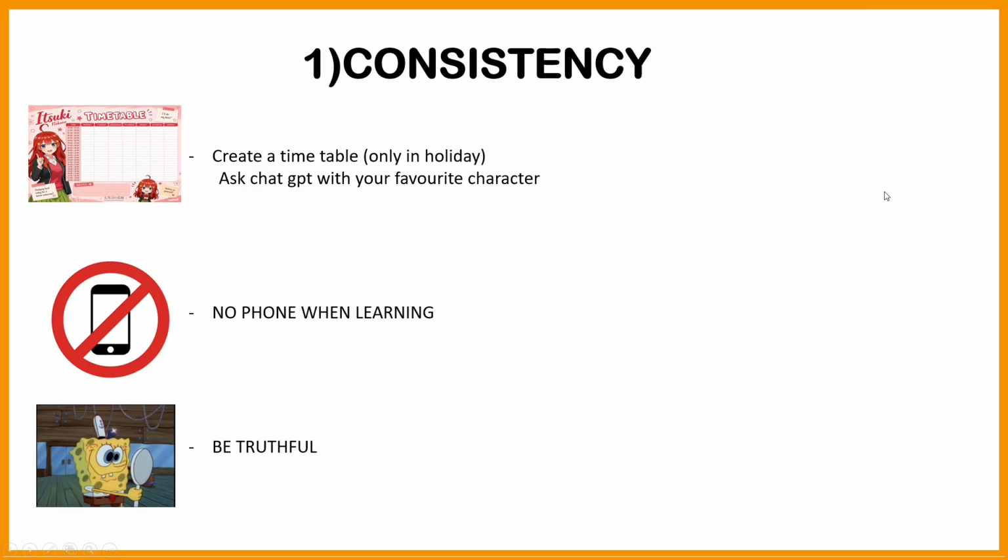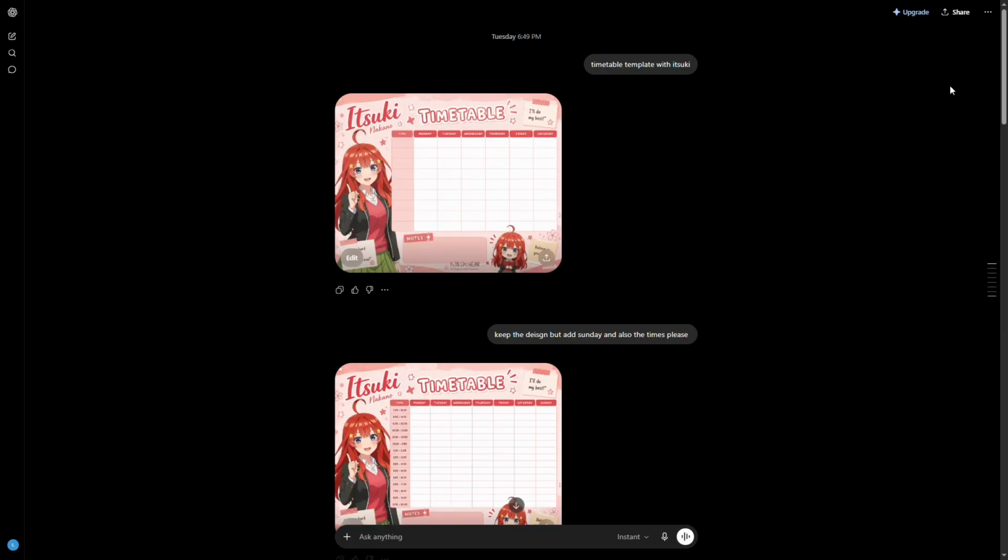The first and most important step is consistency. Without this, you're not going to do anything. The most important way I'll do this is by creating a timetable. I'll only do this during the holidays, because in school time you may have other tests to do. Creating a timetable is very simple. You can go on something like ChatGPT and ask it to create one with your favorite character,